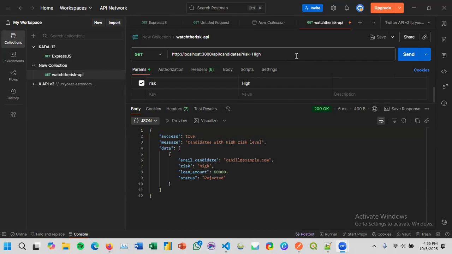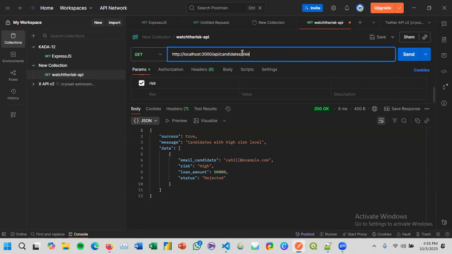And then for the last test, we will try to make the get route return the 404 case by filtering it using a non-existent risk. Basically, we try to change this with a risk level that is not inputted into the database.